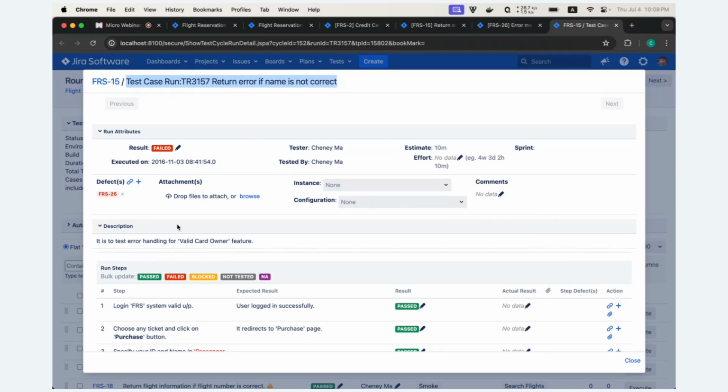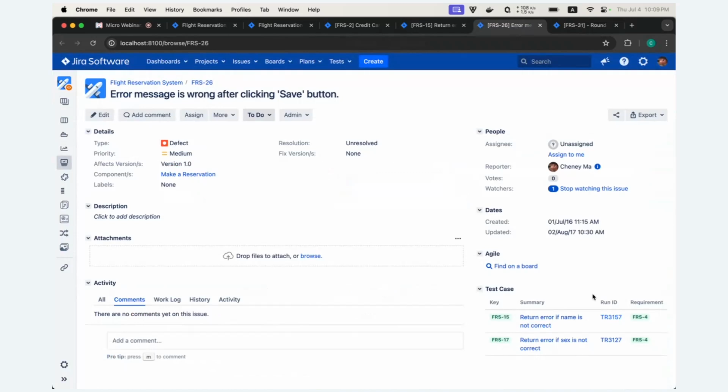And even more, if you have some attachments, screenshots, or logs, you can upload all this information to this execution window, and this window can be launched from the single defect. So when the developer is going to fix the issue, it's quite easy for him to read the execution information in order to find the root cause of this issue. And once a defect is reported, we also want to know which requirement is impacted by this issue or problem, right? So this information is also connected